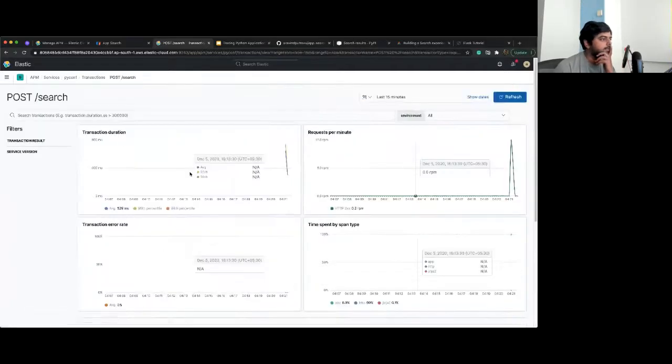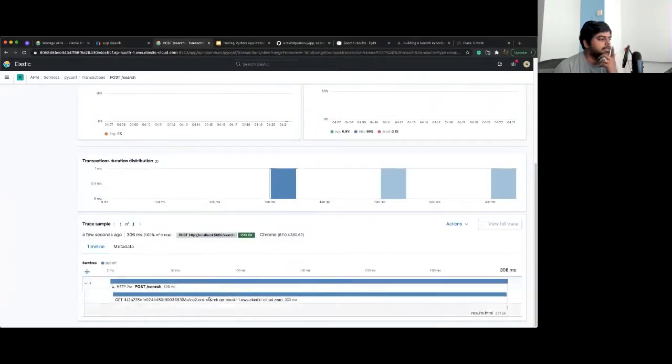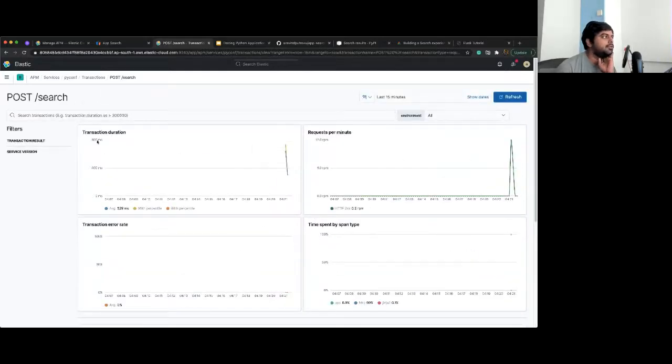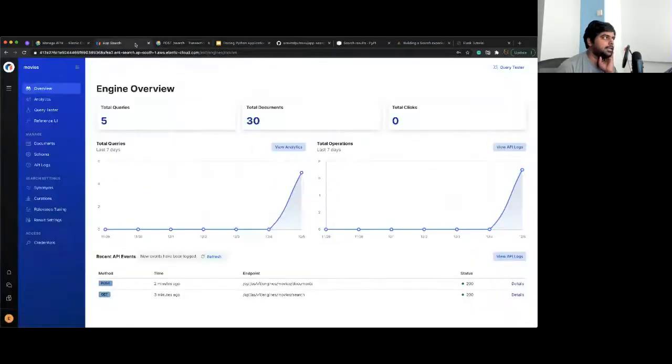So you have this search endpoint, which is calling internally some other endpoint with this specific name, which is our search engine. You could see all of these details. The time it takes to show the HTML page is very small, but the time it takes to serve the results is a bit more, and the total timeline is this. There are some requests which took more time, like the indexing request probably. If you click on that, it will show it takes more time. These are the things you could go and look at using the tracing solution.